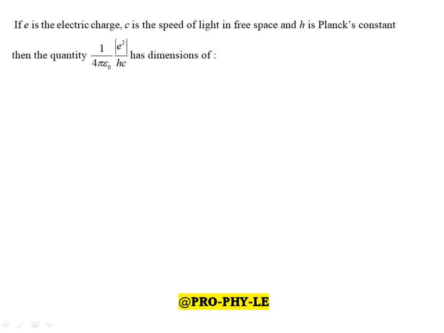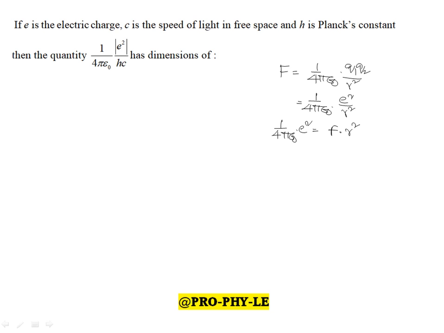The next question is like this: if e is the electric charge, c is the speed of light in free space, and h is Planck's constant, then the quantity 1 by 4 pi epsilon naught e square by hc has dimensions of. See, for this I'll take help of Coulomb's law. F is equal to 1 by 4 pi epsilon naught q1 q2 by r square. If both the charges have the same magnitude, this can be written as 1 by 4 pi epsilon naught e square by r square. Now look at this, you have 1 by 4 pi epsilon naught e square, so that 1 by 4 pi epsilon naught e square is nothing but